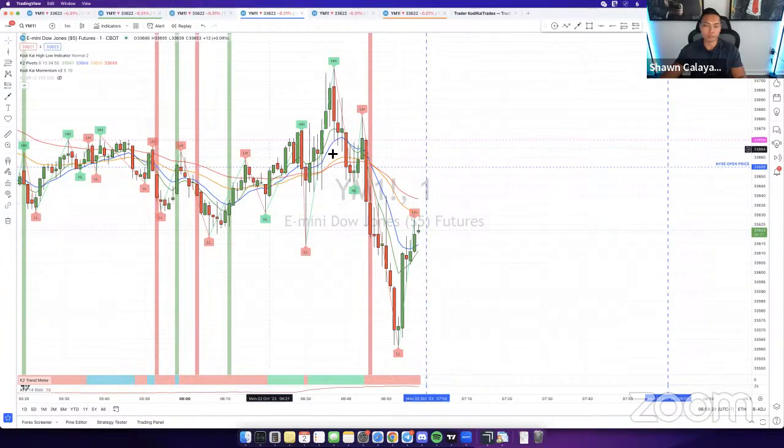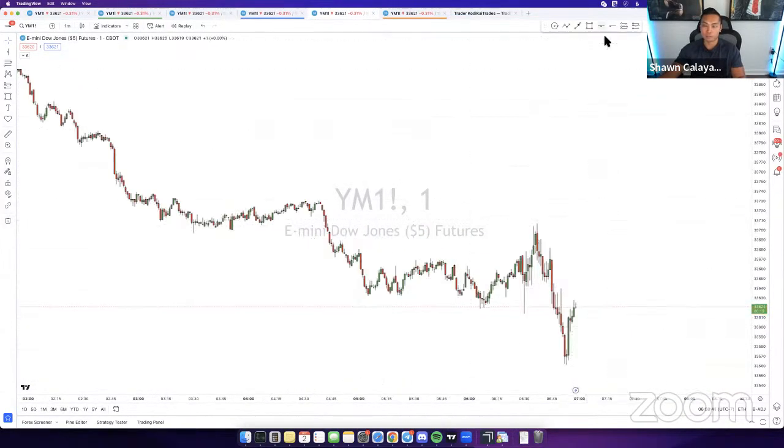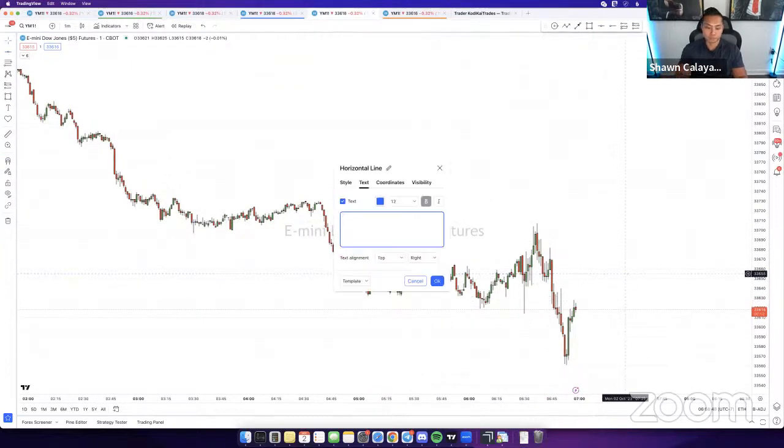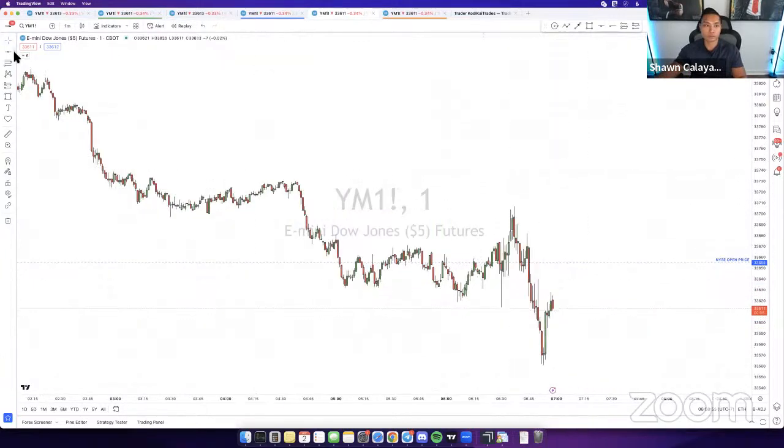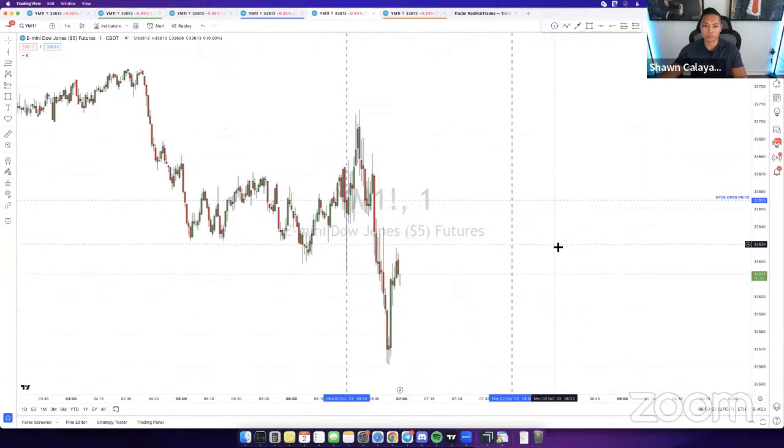All right, we got news coming up right here in about 2 minutes. Very high impact. I priced it out until the news passes. So what I'm going to do here is start marking up. Let me go over here and mark up opening price real quick on our clean chart before I mess with the levels. So here goes our clean chart for today. So you guys can see